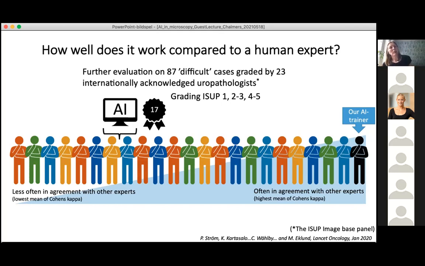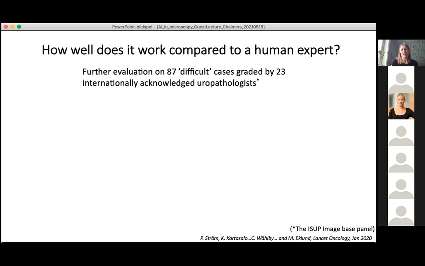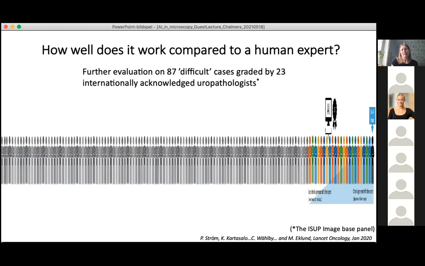And when doing so, we realized that their AI system, in the second case, ended up in place 17 out of these 23. So it was doing okay in comparison to the other uropathologists. But it was really important to remember here that these uropathologists are really the best ones in the world. And if you compare it maybe to the rest of the pathologists that would be available in other places